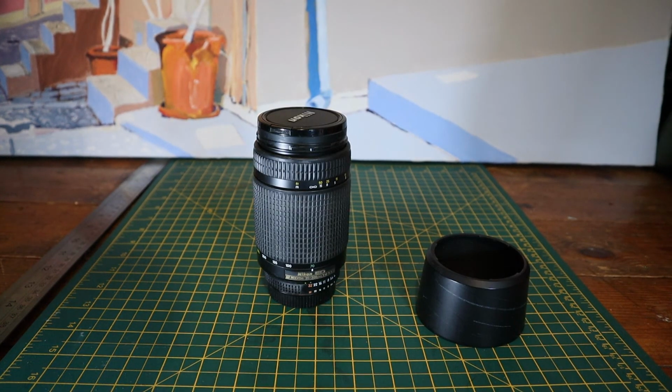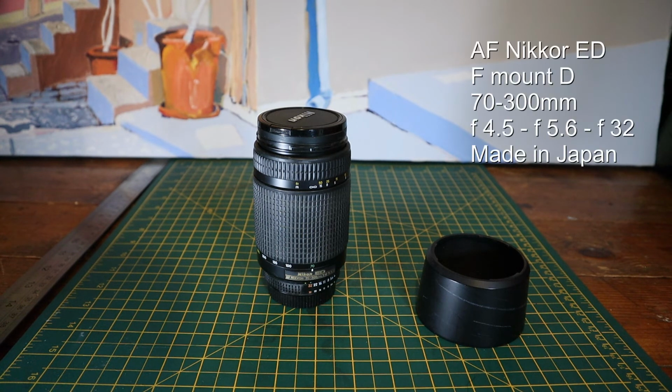Next one is the Nikon ED. Alright, so we're getting up to the 2000s here. AF Nikon autofocus, 70 to 300mm. So if it was multiplied by 1.5, it will be 75.6mm to 324mm,